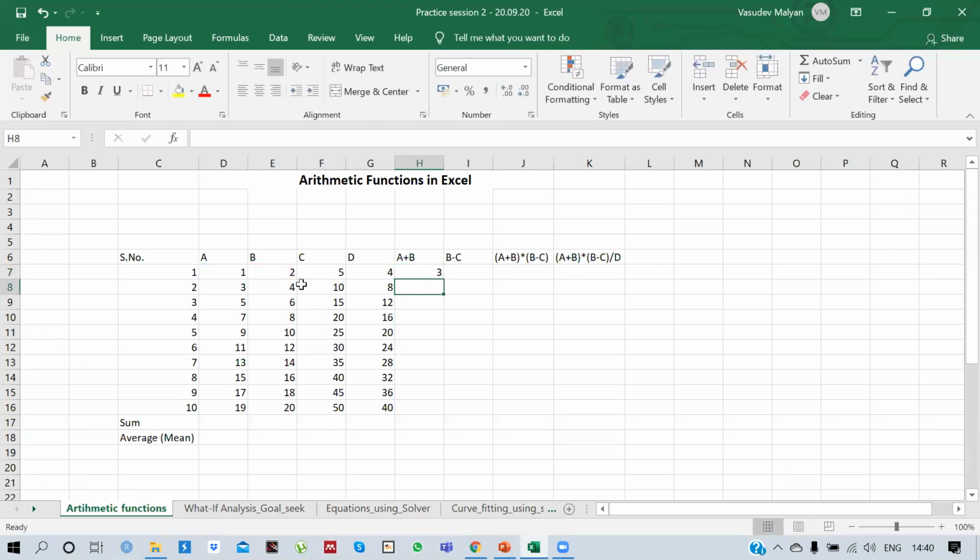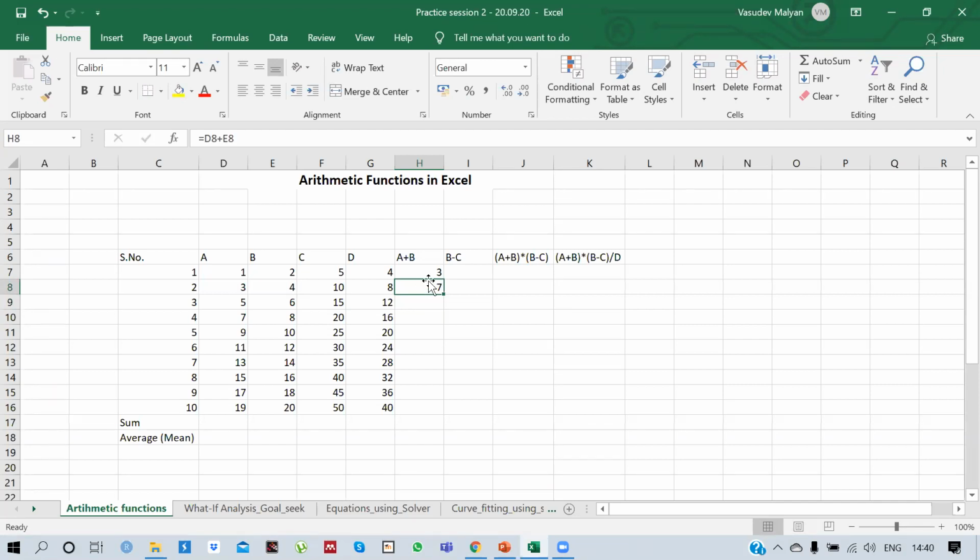And when I click enter, it performs this basic function of addition. So now I'm supposed to add all these. One way to do it is to go one by one and, in a similar way, add all these elements. So let's say I add the D8 and E8 cells and press enter, it will give me this particular result.